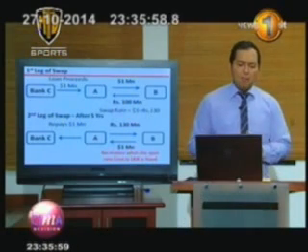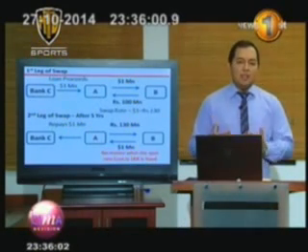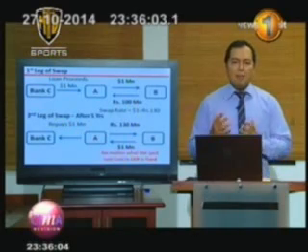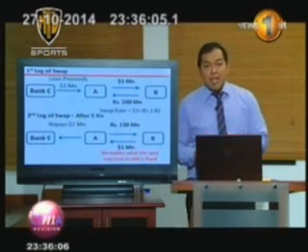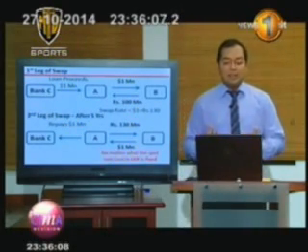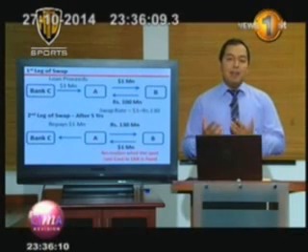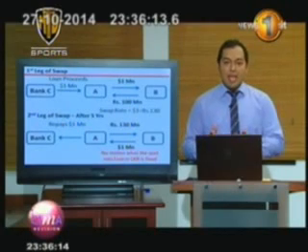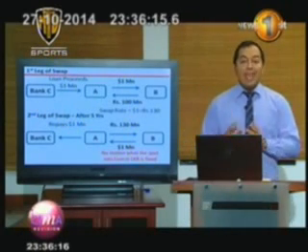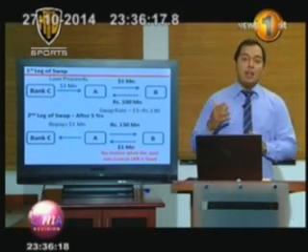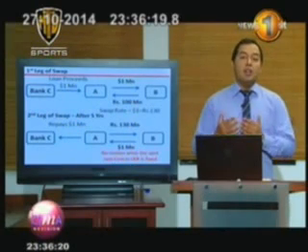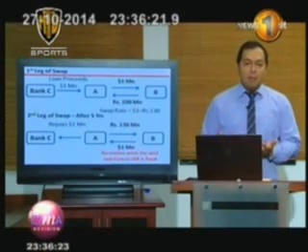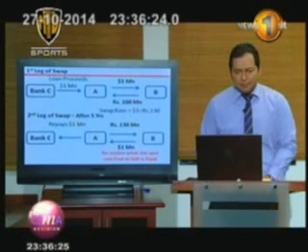What are the potential advantages of a swap transaction? There are a couple of advantages. The first one being it provides you access to markets, capital markets, which you might not be able to borrow from. Similarly, it will also allow you to hedge your longer term exposures which are not hedgeable by short term products.